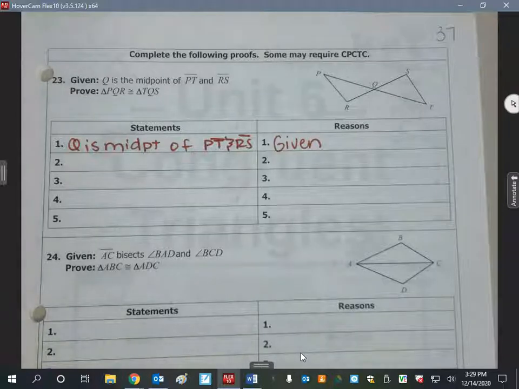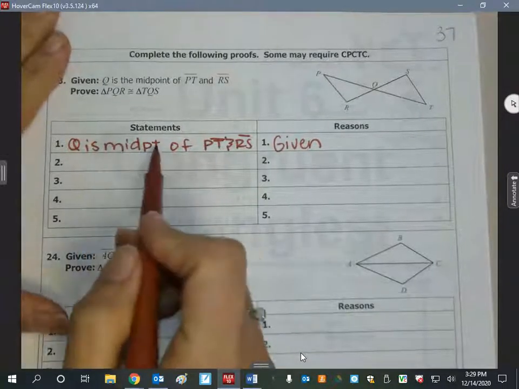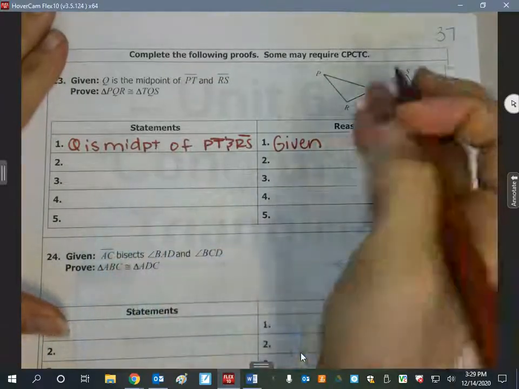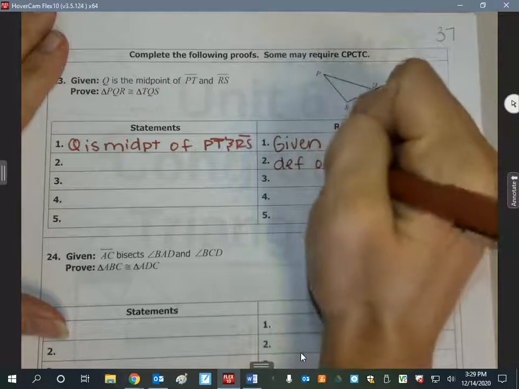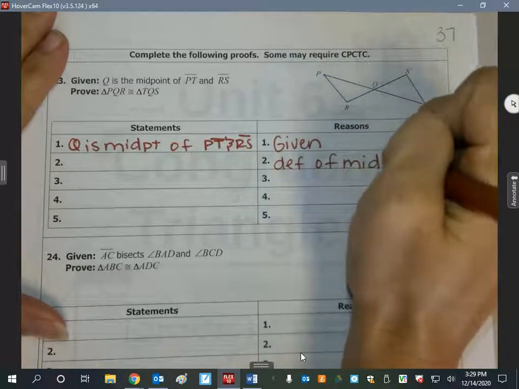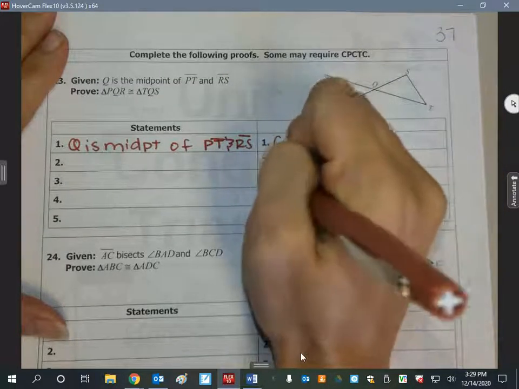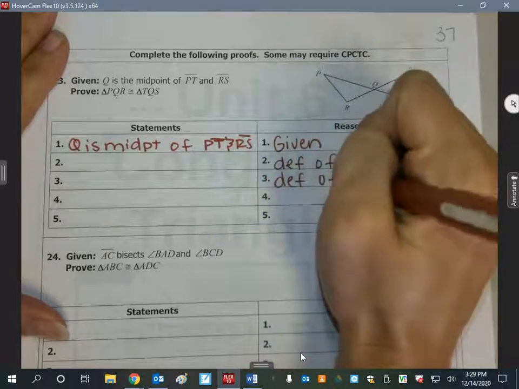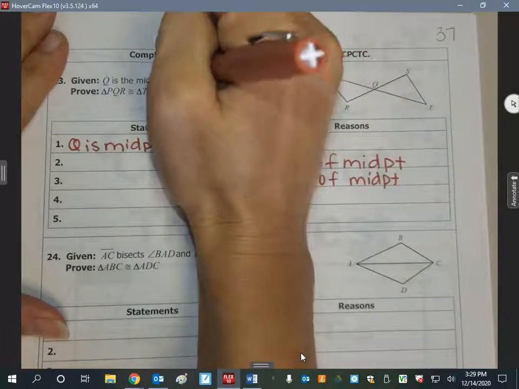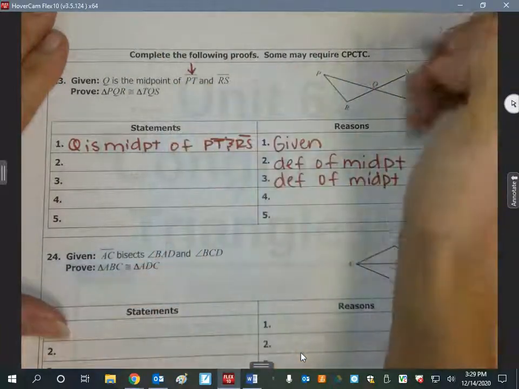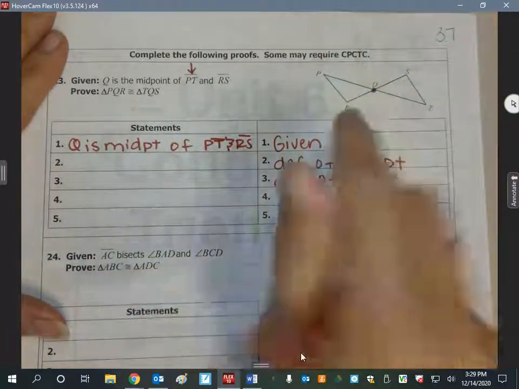Q is the midpoint of PT and RS. So when you see midpoint in the given information, the first thing that should be right after that is the definition of midpoint. And since this is the midpoint of two things, then definition of midpoint should go twice. Now, let's deal with the first one. Q is the midpoint